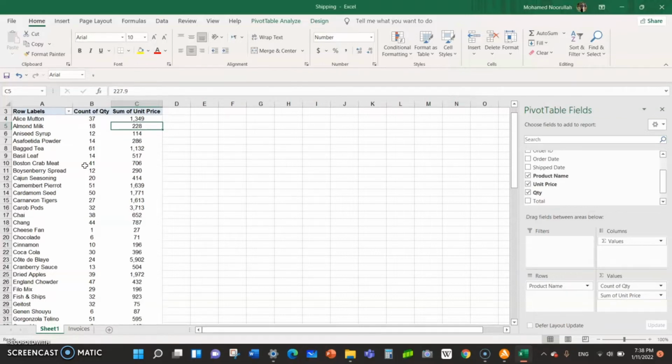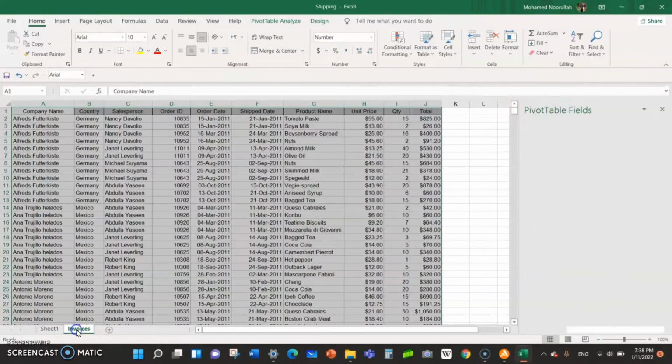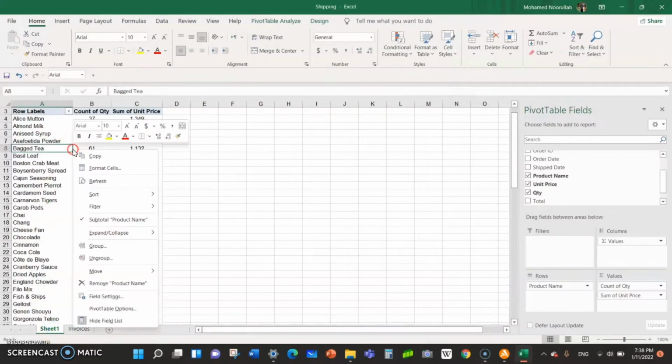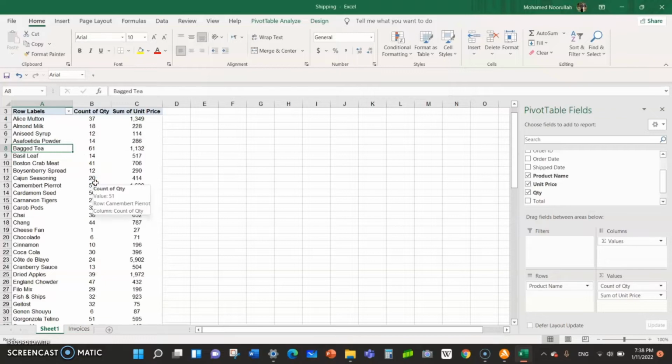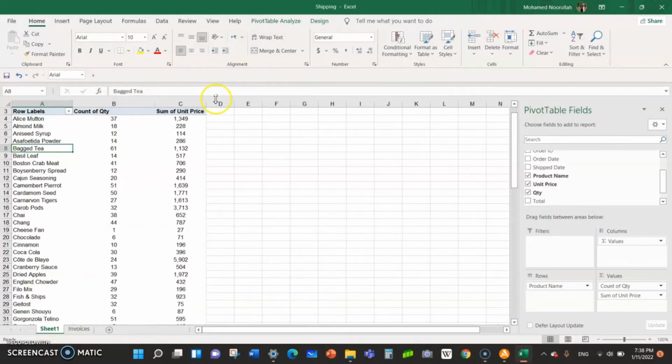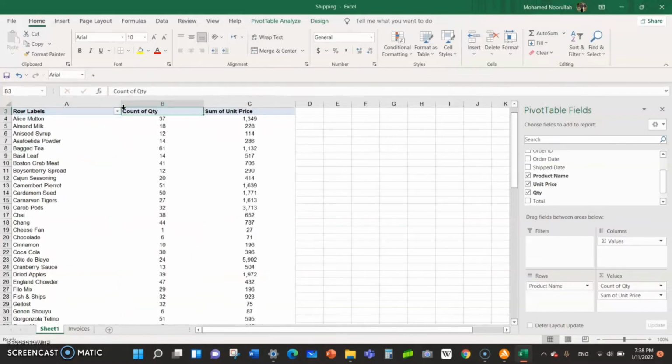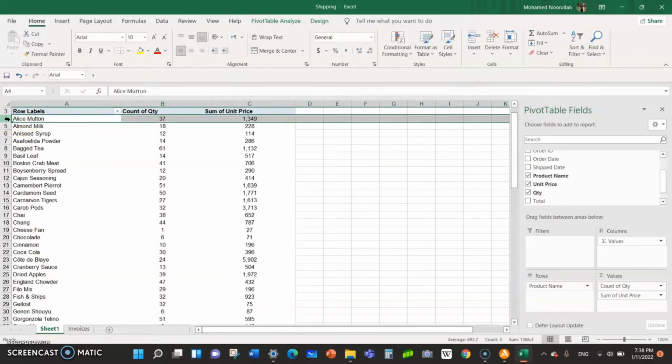Now for example, you are making some changes in the pivot table, and when you refresh, go to the invoice, select some data and change it to a different number. Then go here, right click and refresh, and nothing happens here. But let's assume that you are already doing some formatting here, the way you would like, with the column width and the row height in the way that you require, for example, like this.